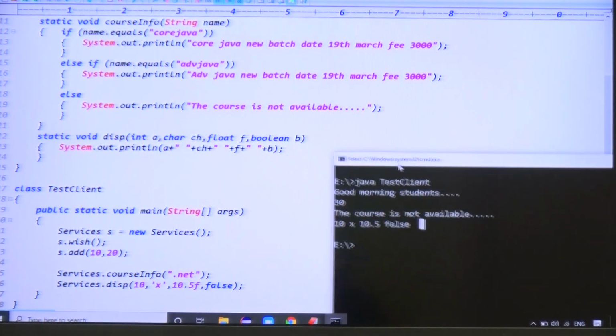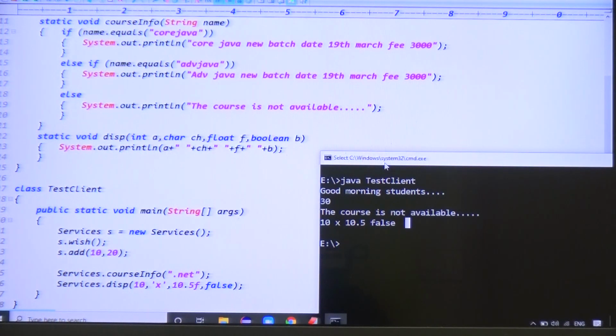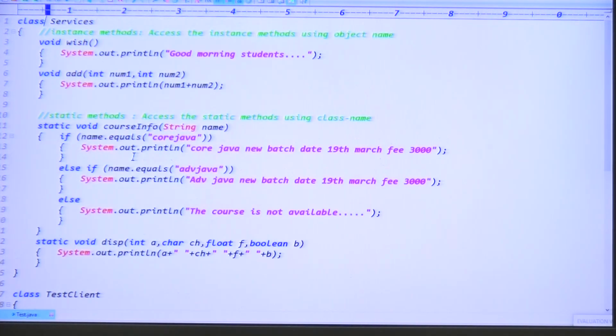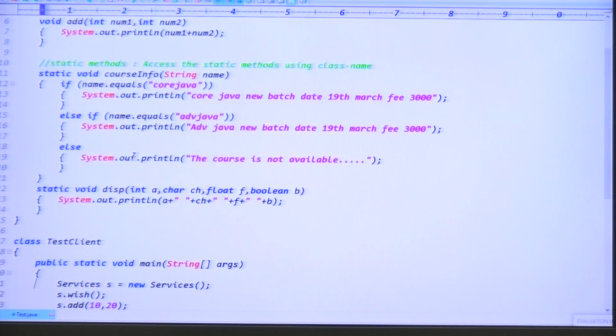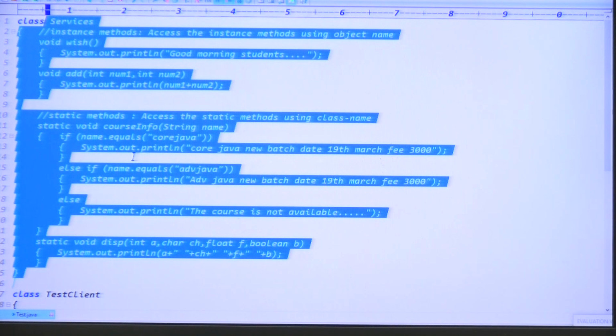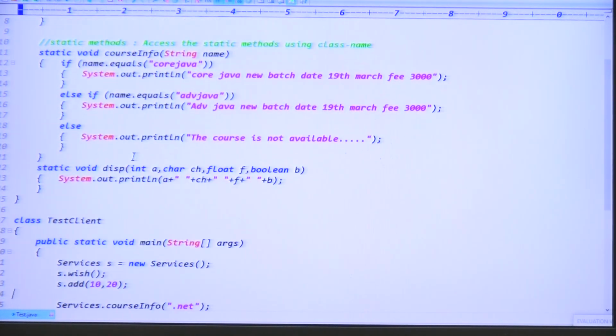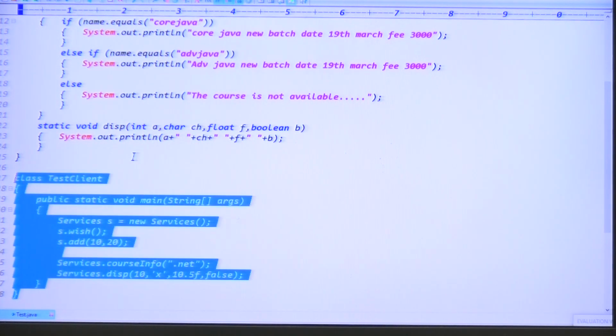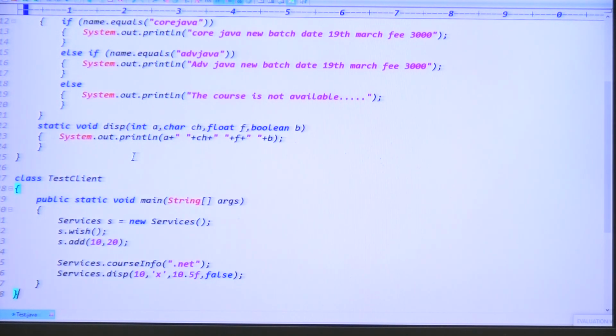Guys, any questions about the first example? Are you clear, right? How can we define the methods? How can we call the methods? So always try to write the logics in one class, guys, and try to access the data in another class. That will be good actually. Is that clear now?